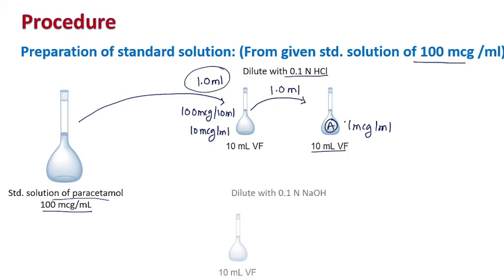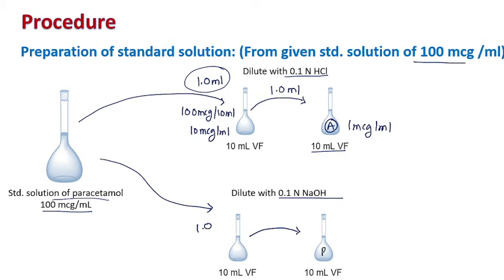Okay, and now exactly in the same way we can prepare the dilution of standard paracetamol in alkaline pH. You have to pipette out 1 ml and dilute to 10 ml, then again pipette out 1 ml from this and dilute to 10 ml with 0.1 normal NaOH. So you can name this flask as flask B, and this also contains standard paracetamol of concentration 1